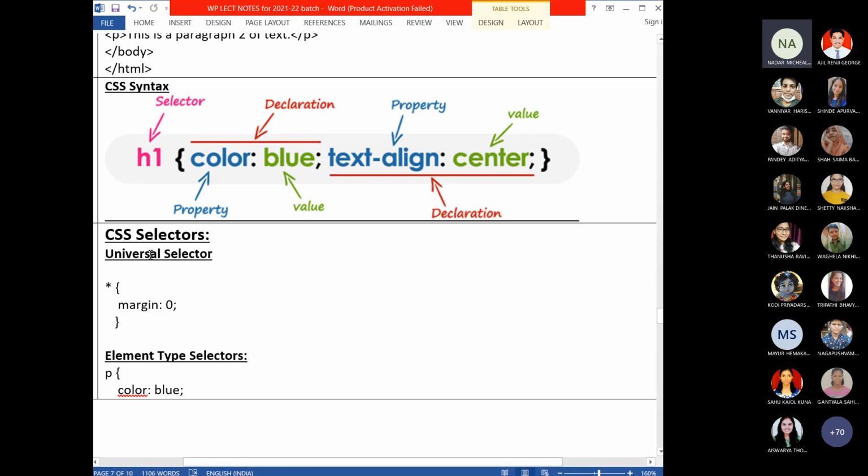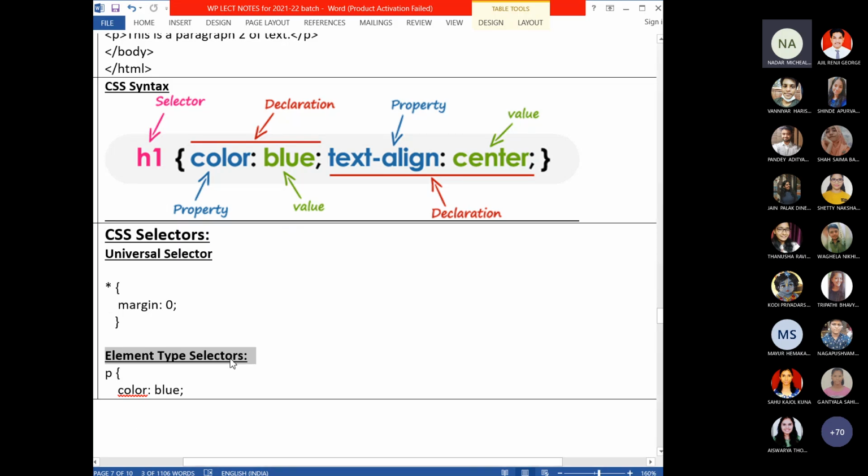Now the universal selector: by putting an asterisk in the place of the selector name, you write the universal selector. Next, the element type selector, which we already saw. This is very commonly used. We write the selector as the element name.